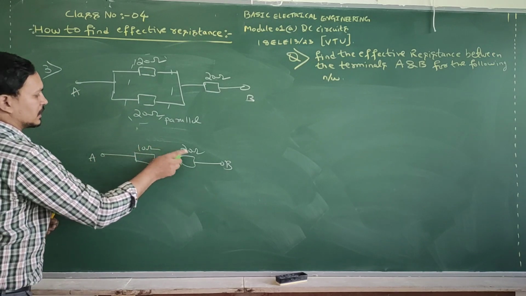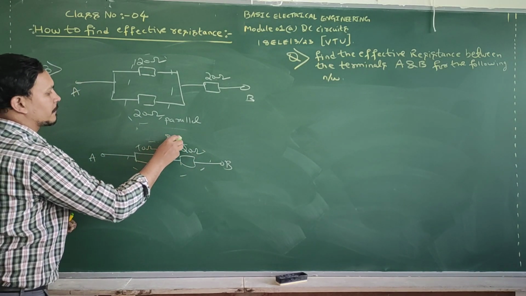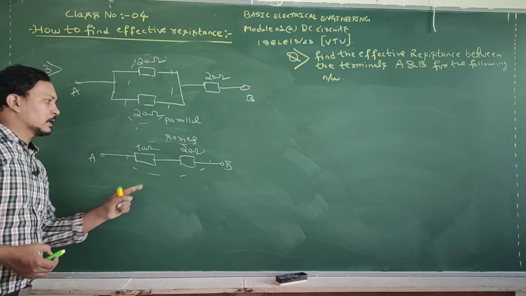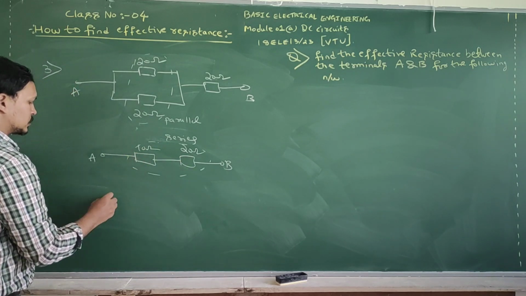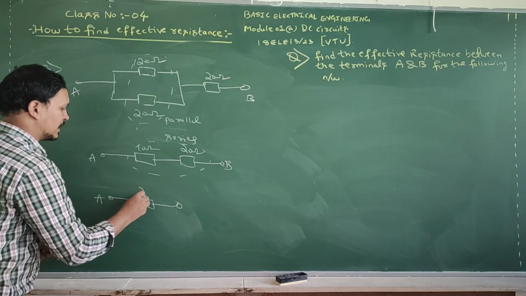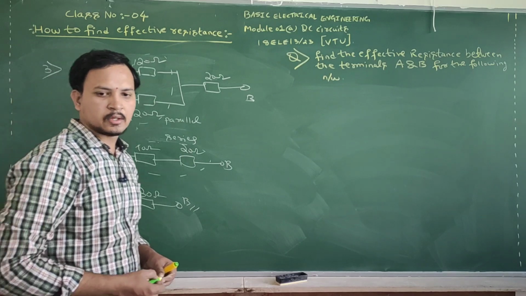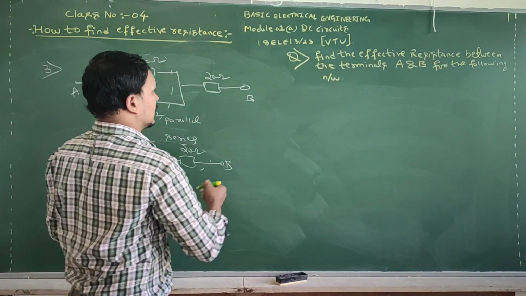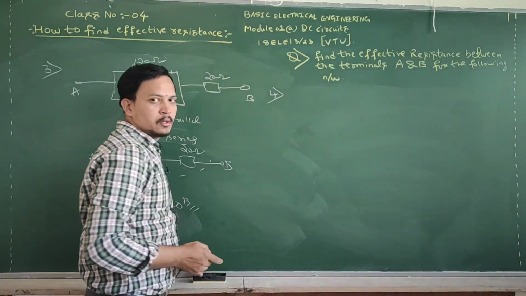So therefore, between terminals A and B, these two are again connected in series. So you should write like this. You put a dotted circle, and this means these two in combination are connected in series. Series means what? Addition of the resistors. Okay, the final answer is 30 ohms. Very good. Some students gave the correct answer right at the start. That's really nice. Sorry. Next, question number 4.